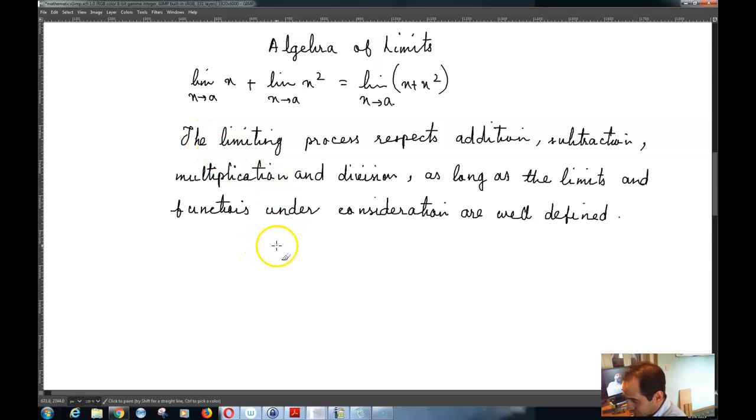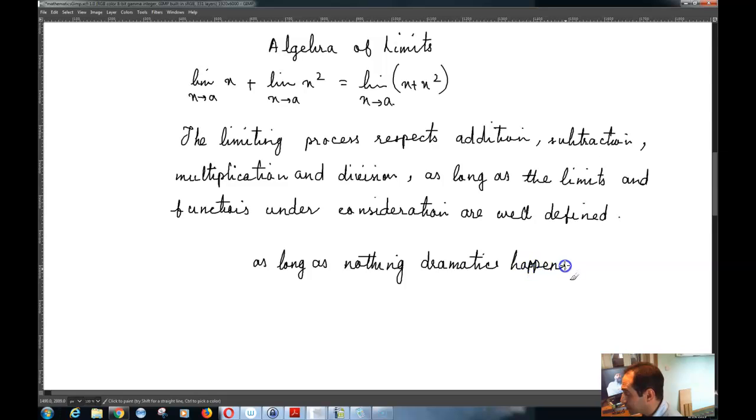For example, while we were learning the limiting process, there was a sentence that said that, as long as nothing dramatic happens between the two,